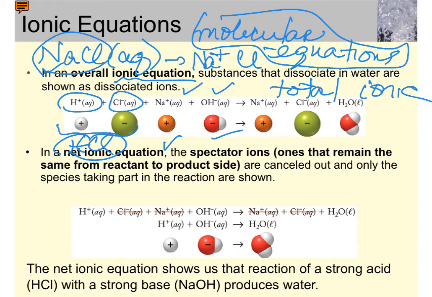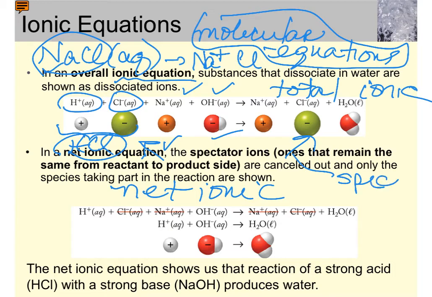And then we're going to learn how to write what we call a net ionic. So if you look at the total ionic equation I have at the top of the page, there are some ions that are identical on both sides of the equation. Okay, for example, the chloride ion. We call those spectators because they don't change from the reactant side to the product side. They're just there kind of watching what's going on. They're not participating. So to get the net ionic reaction, you're going to cross out all of the spectator ions on both sides. So in this case, it'd be the sodium ions and the chloride ions,